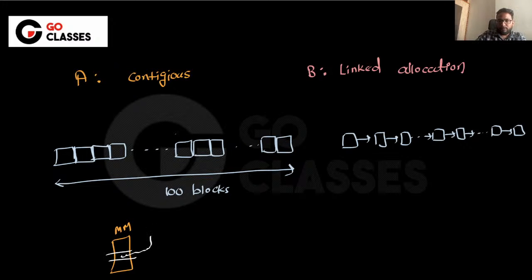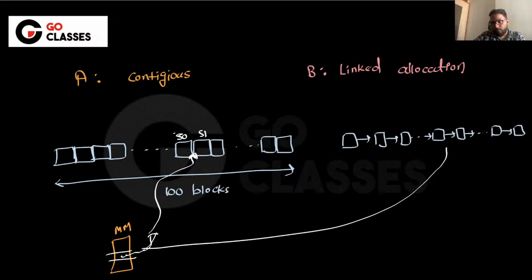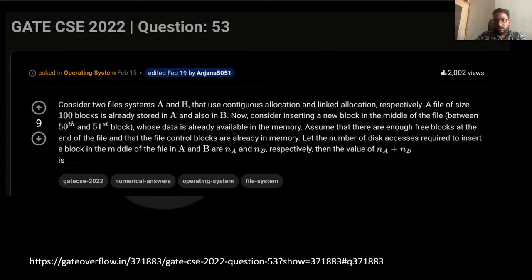Let's suppose this is the 50th block and this is the 51st block. So you want to write that data into a block that is between the 50th and 51st block. You don't want to overwrite the 50th block, you want to write in between the 50th and 51st block. Assume there are enough free blocks at the end of the file, so the control